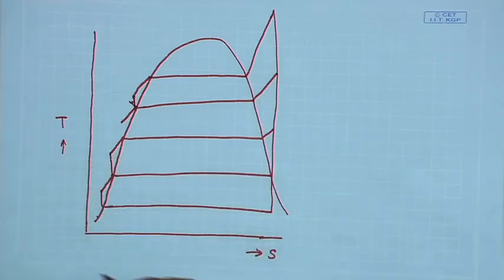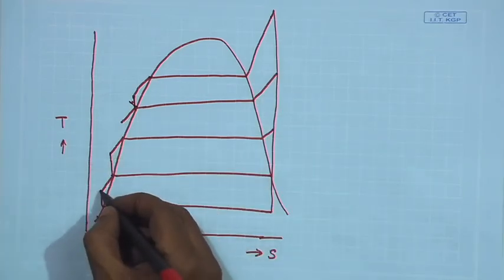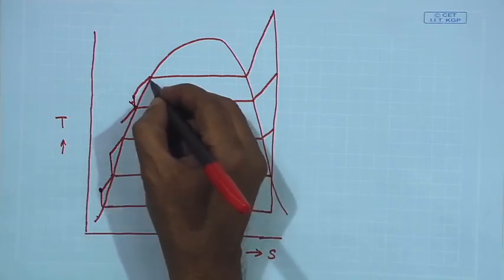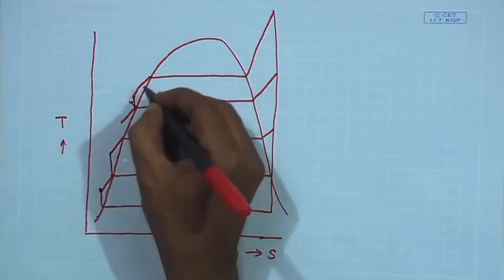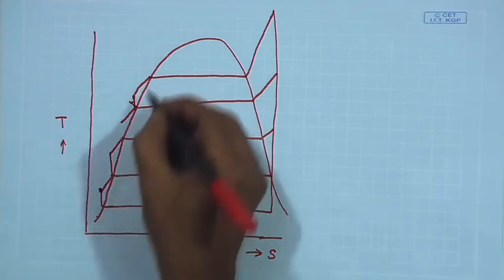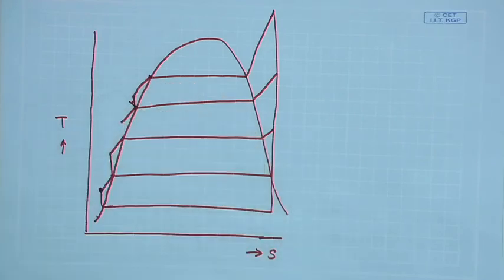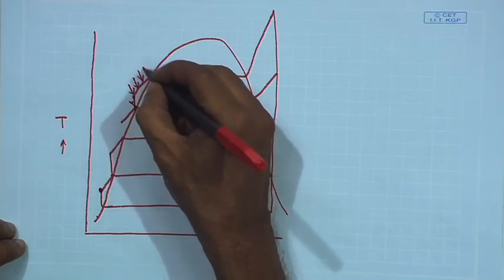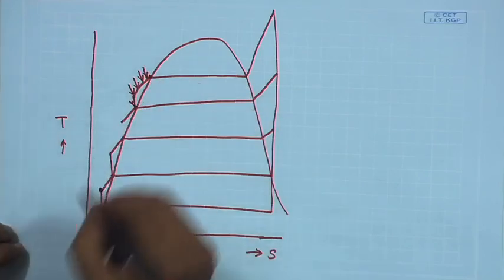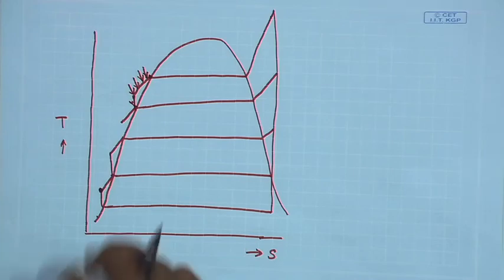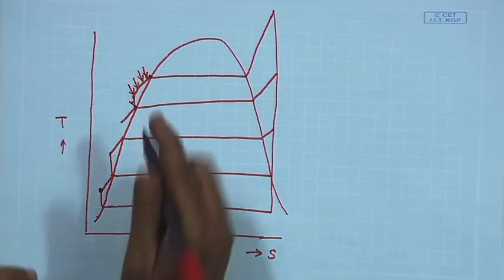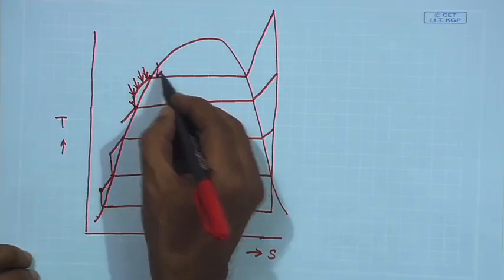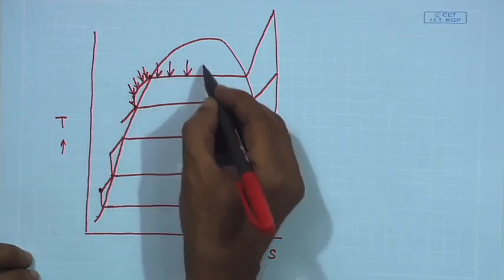So, you see the condensate has to be heated from this condition to this condition, and out of this, much of the heating of condensate is coming from the boiler. This is the heat transfer from the boiler,